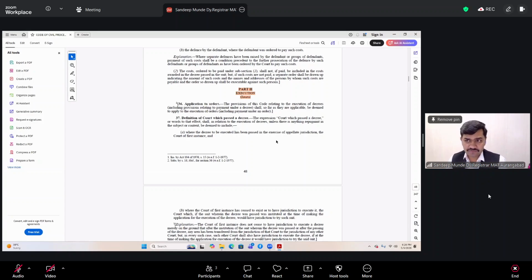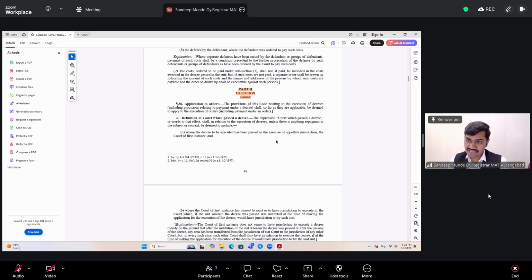Again, if during the pendency of the execution proceeding any question arises for determination by the executing court, which court is competent to decide that question? So, all questions to be determined by the court executing the decree, section 47, and rule 58, adjudication of claims and objections. After doing all these things, if there is resistance to delivery of possession to the decree holder or purchaser, what recourse is available to the concerned party? Or if any third party wants to raise an objection, under which provision or rule of Order 21 may he raise that objection? So, such as resistance to the execution